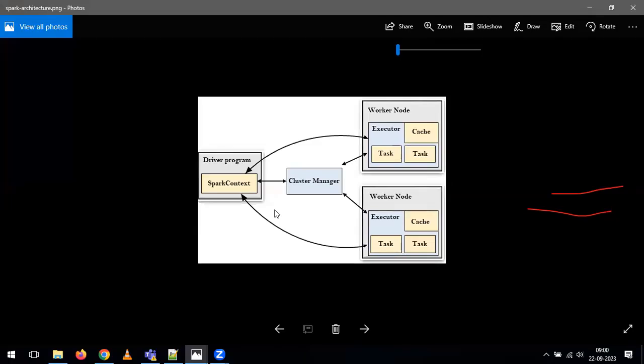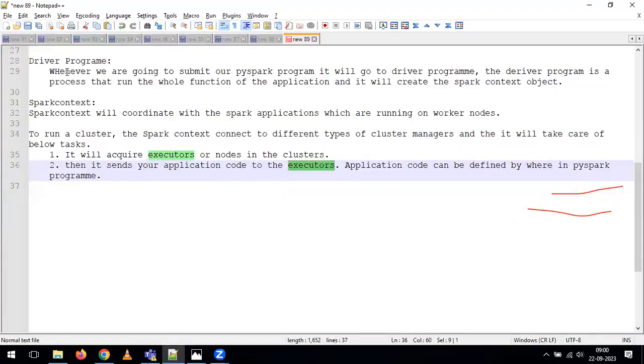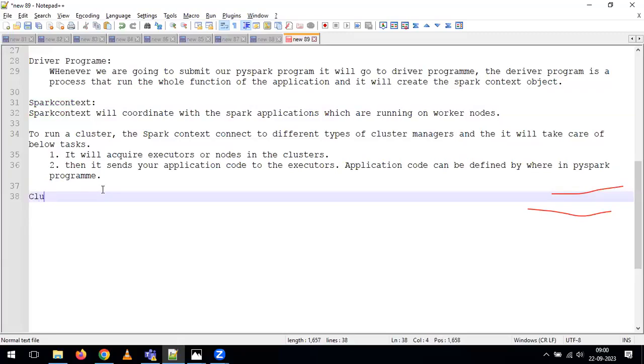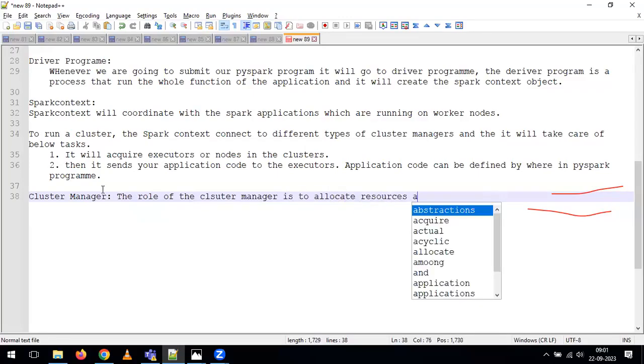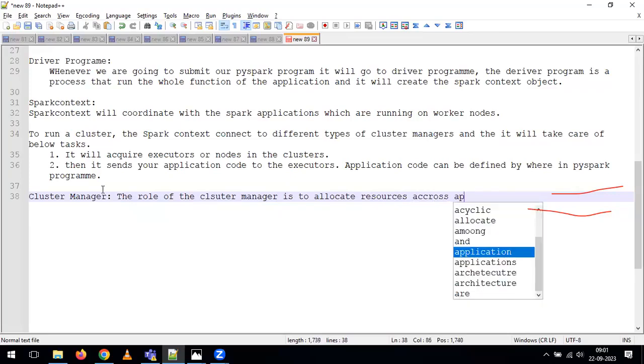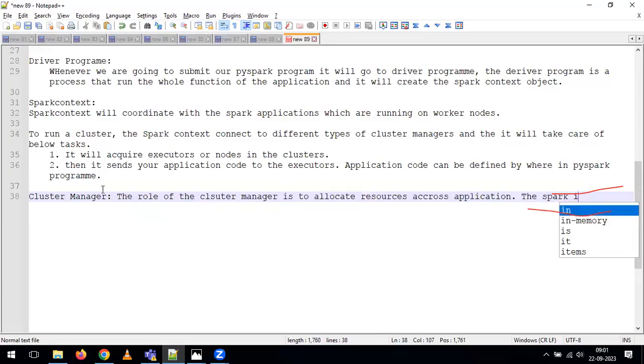Okay, so far we have discussed the driver program. Within the driver program, we discussed the purpose of the Spark Context. Now, I will write some points here. What is the purpose of the cluster manager? The role of the cluster manager is to allocate resources across applications. And we need to understand here, Spark is